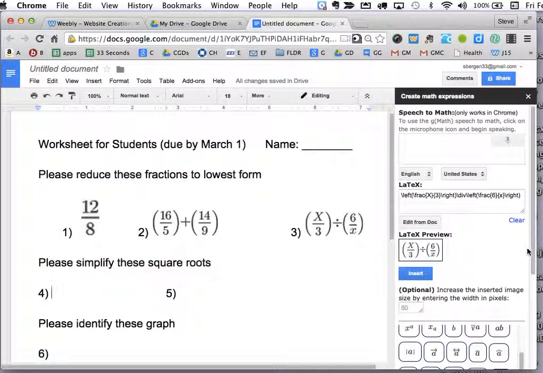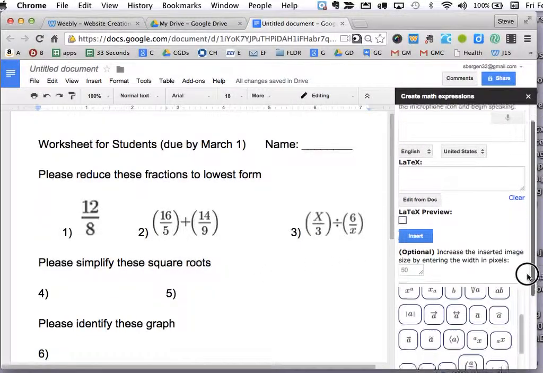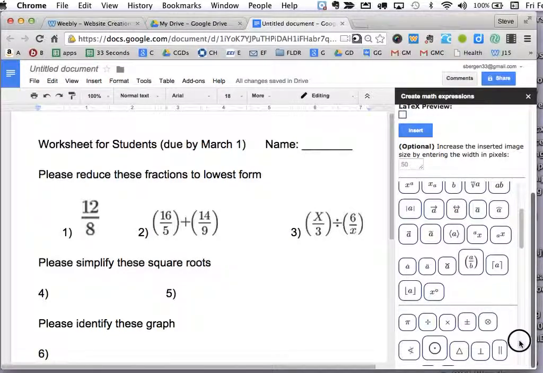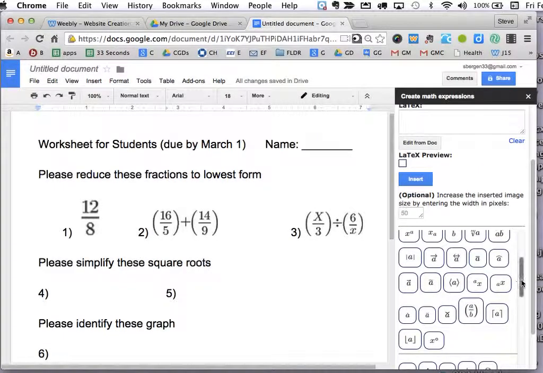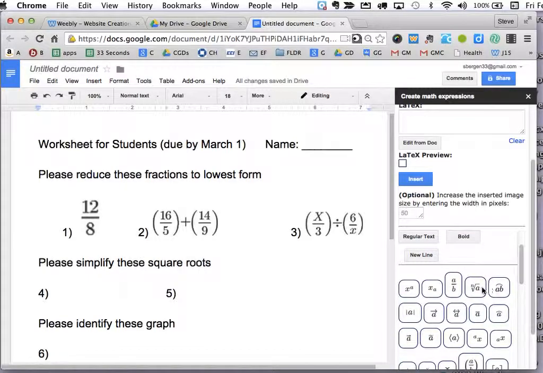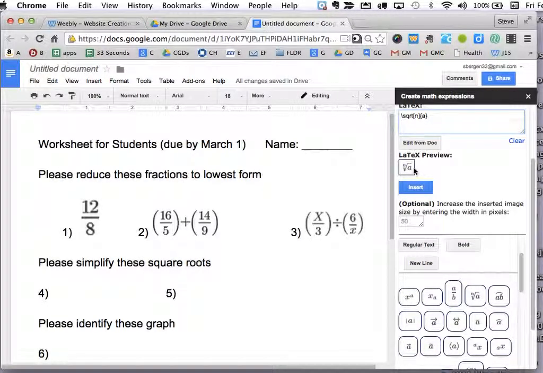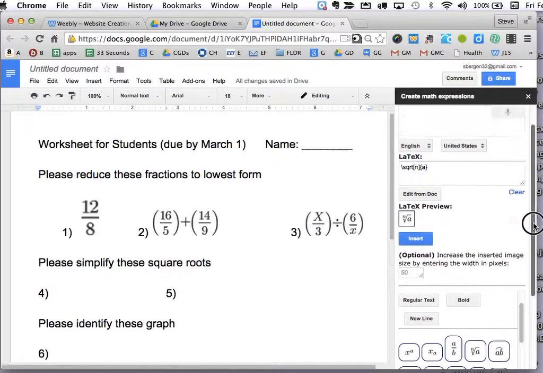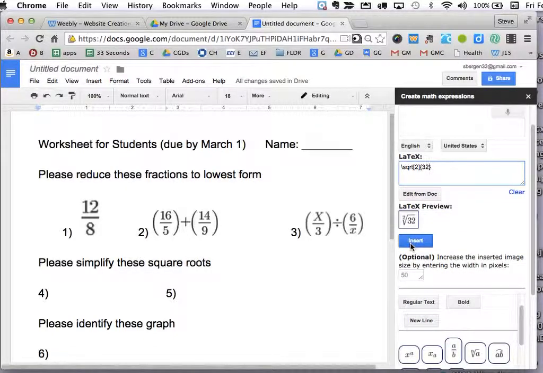Let's now simplify some square roots. So I'll come here, I'll remember to clear, and I will go and find the square root of, and I think it's up above, and I'll click that, and now when I have it, it says the square root of n and a, and now I can change in the code, I can change n to be 2 and a to be 32. And now I can go insert,